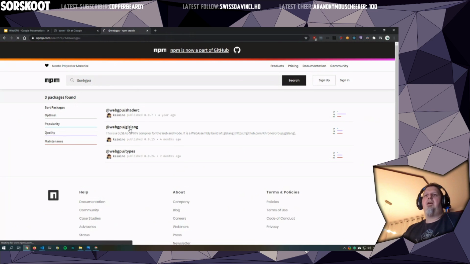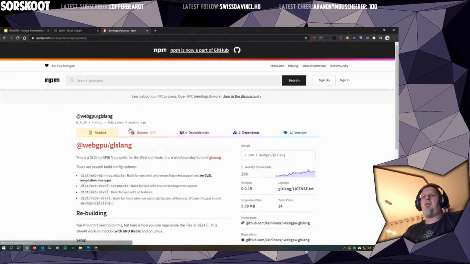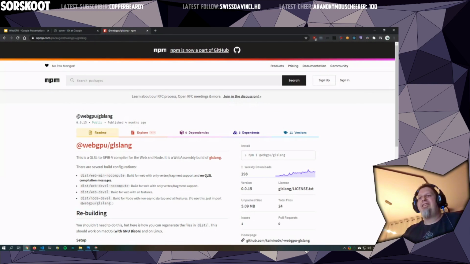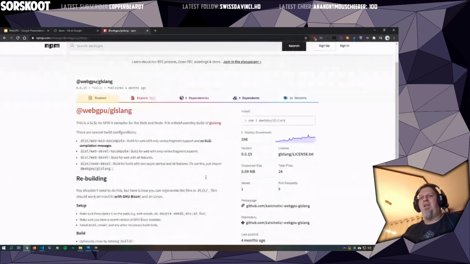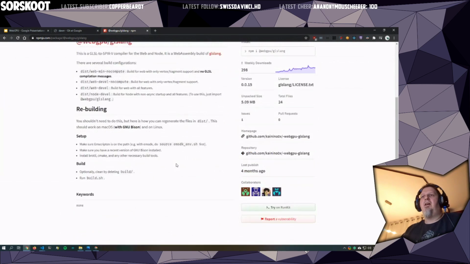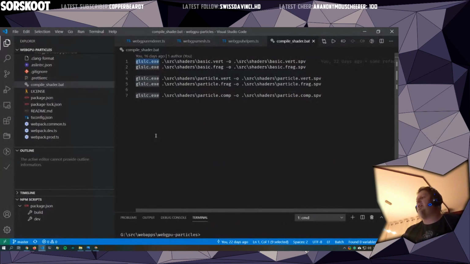Yeah, GLSL lang. I have not tried it yet, but it's interesting and maybe easier to handle. This is a GLSL to SPIR-V compiler for the web and Node.js. It's nothing more than making this compiler code available through WebAssembly. Yeah, and that's it. So they're using this, and with this project, you can compile your shaders during the running